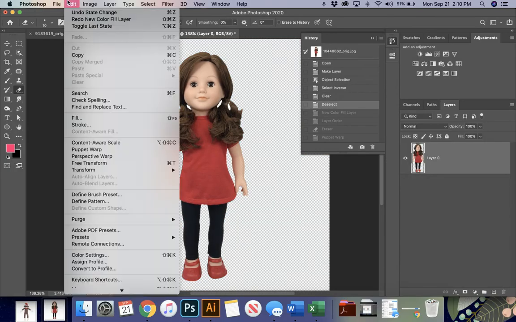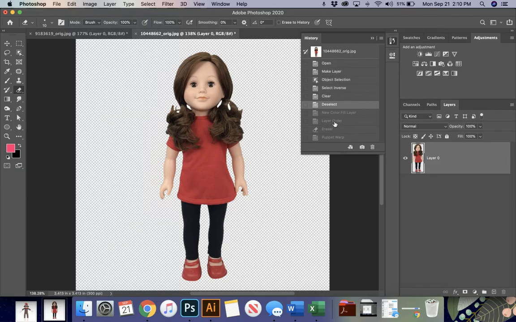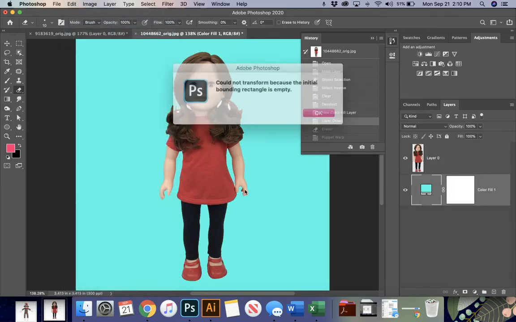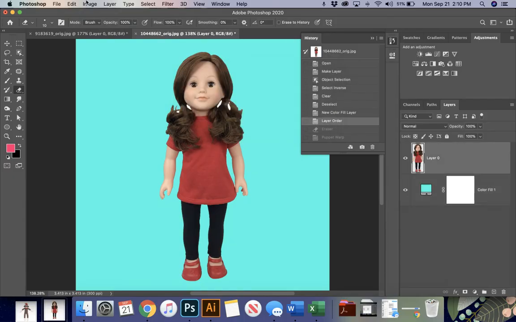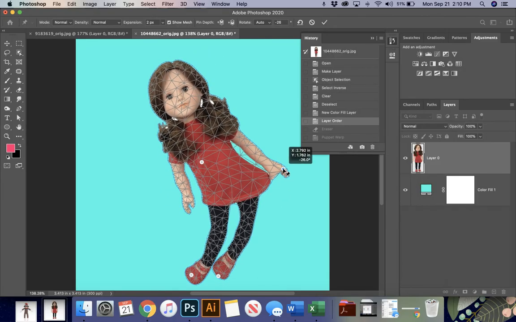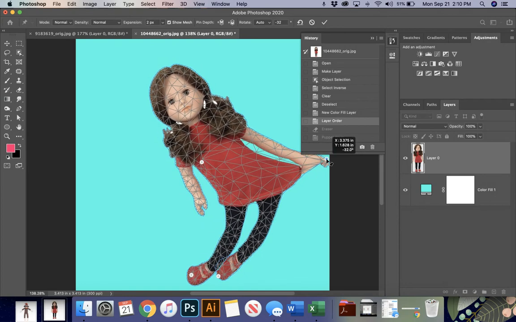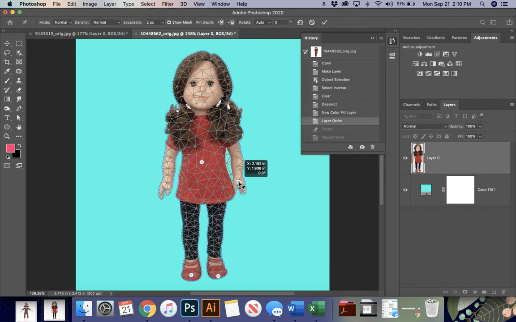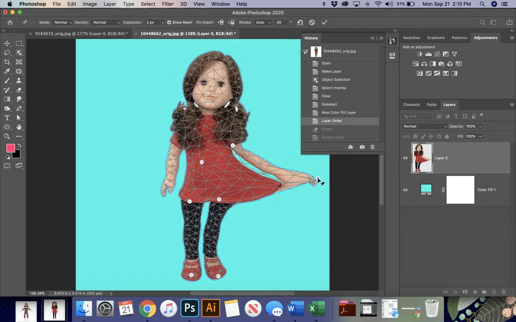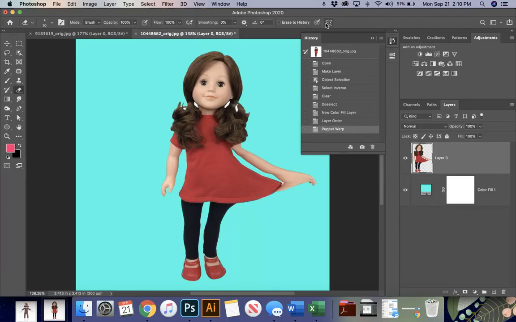And I'm going to edit and puppet warp again, and I want you to see, oops, I've got to be on the right layer. I want you to see what happens if I try to puppet warp with her hand still connected. See, the whole thing moves, and you don't want to do that. So you want to make sure that you separate her out, this American doll girl. You want to separate her hand out, or else you're going to get a really distorted look,